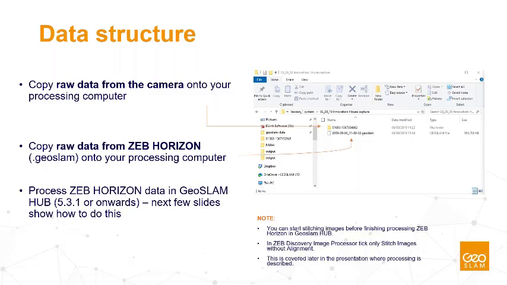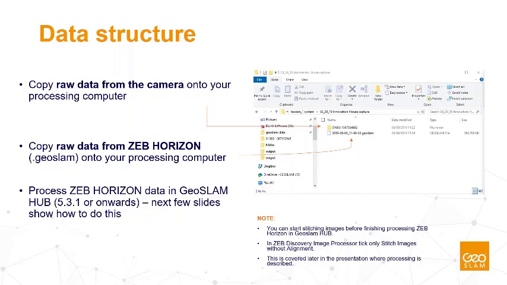So I think I'm talking already a bit too long, so I will quickly jump over some slides which explain in detail the data flow from the GeoSLAM Horizon data and the camera data into the Orbit software.